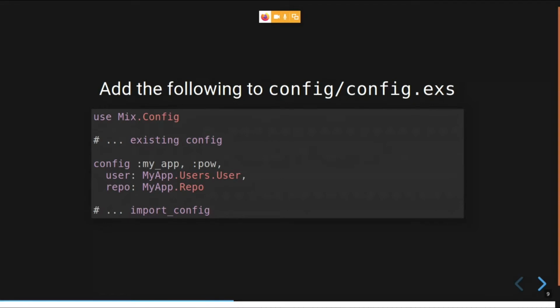In that configuration, we are only using two settings: one is for user and one is for repo. The user is the user schema that we are going to use with the POW library, and the repo is the repo that we are going to use. Nothing else is there for the basic implementation.